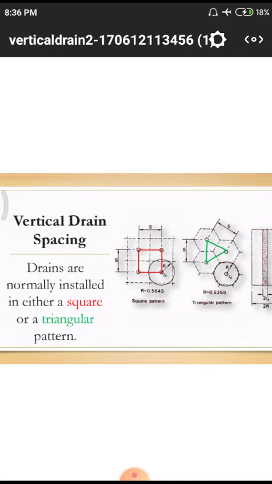After that, we have the hexagonal patterns. In this we have three boreholes, that means three vertical lines, and those three vertical lines will be collected with the help of this triangular pattern. Each hexagonal pattern will serve as a circular drain hole. That means it is in the shape of a circle, so that on the periphery of the circle it will absorb the water and collect it into the sand drain. The total water will be drained to the horizontal level on the top layer.